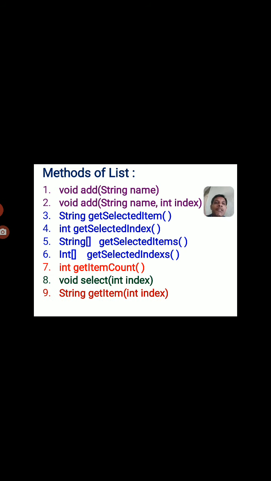So the next method is string get atom. This method is also used to retrieve the atom at a specified location. If you want to know which atom is present at a specified location, it can be retrieved by using this get atom method. This method returns a string value which contains the atom at the specified location.